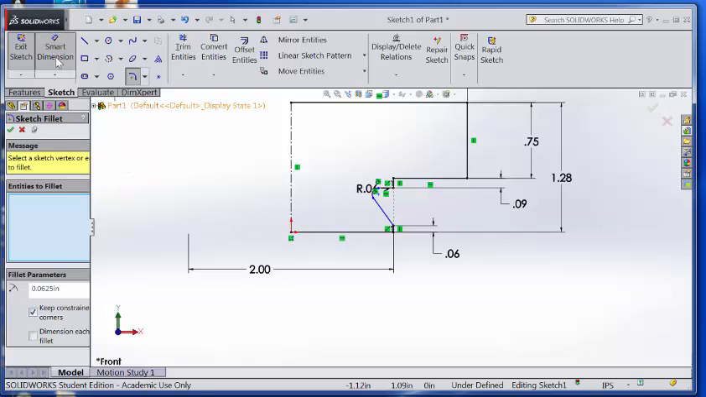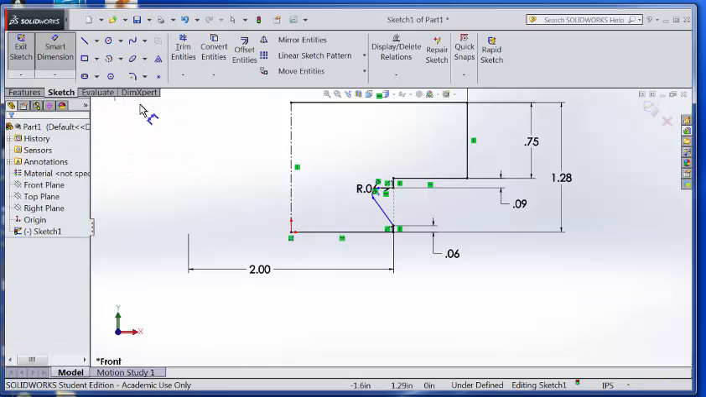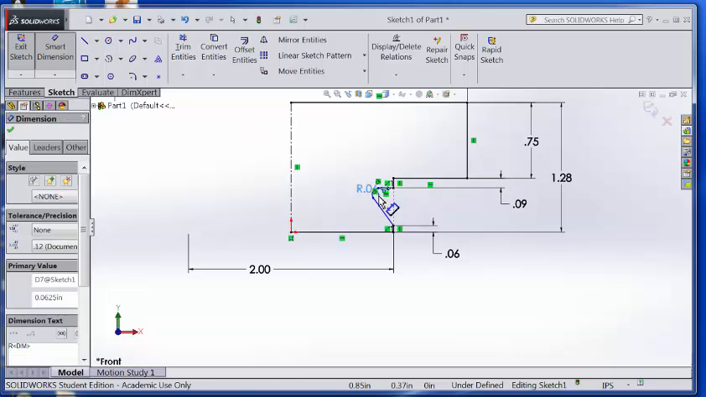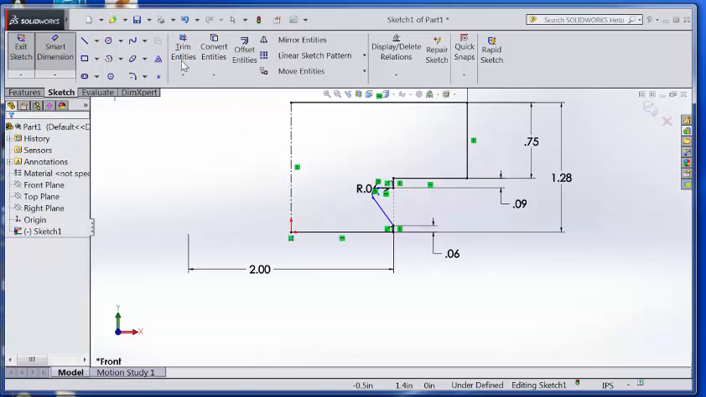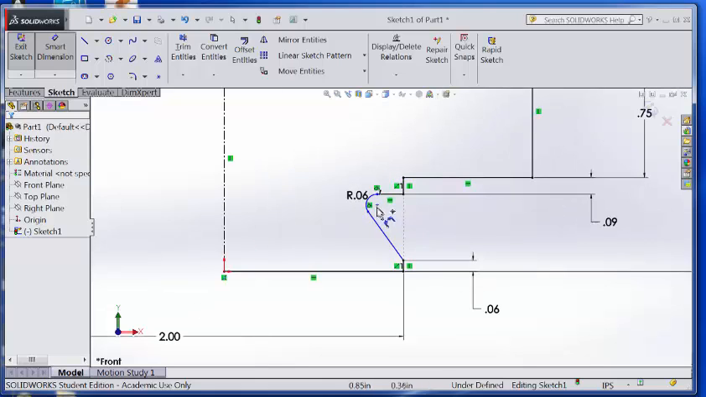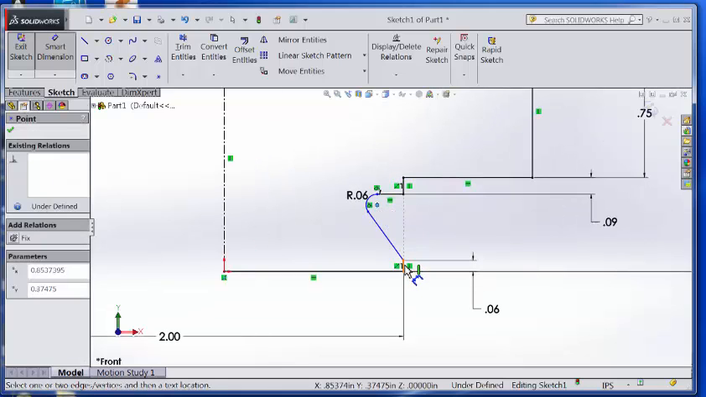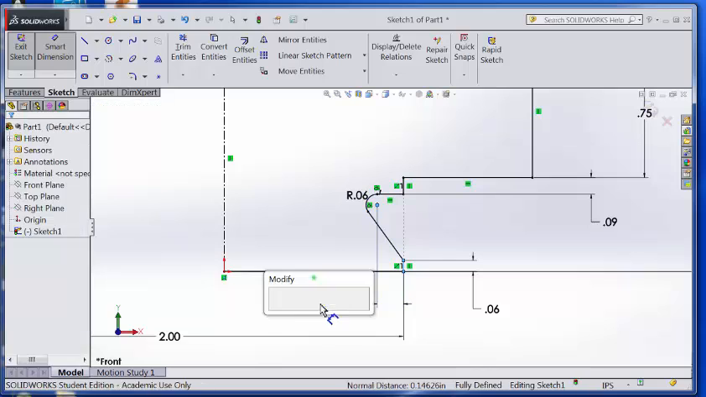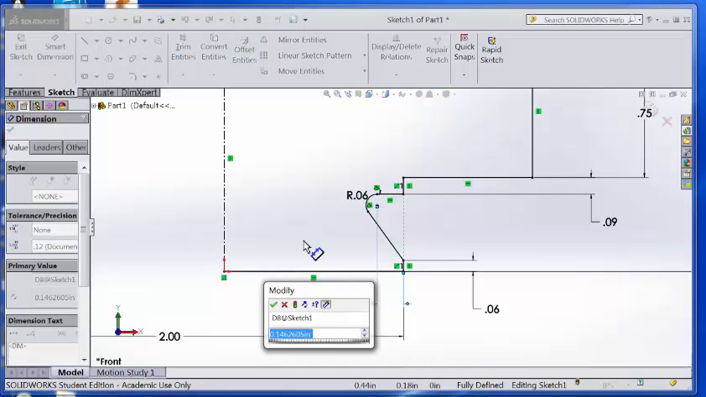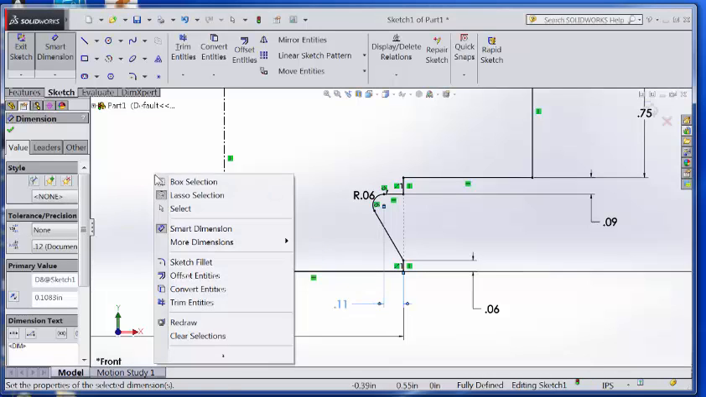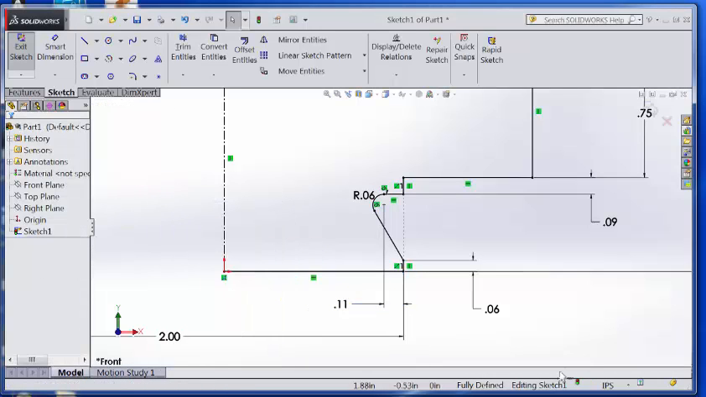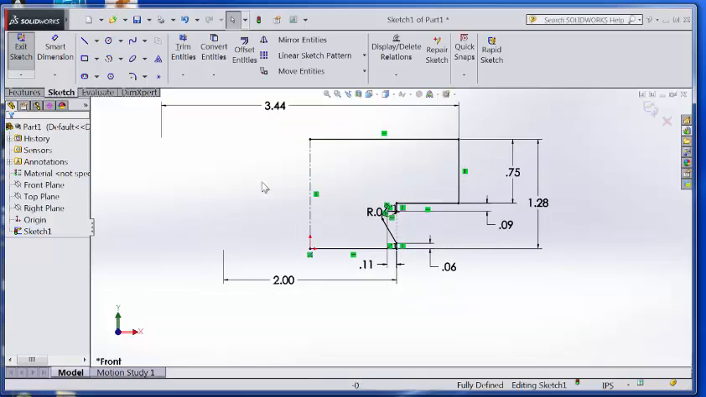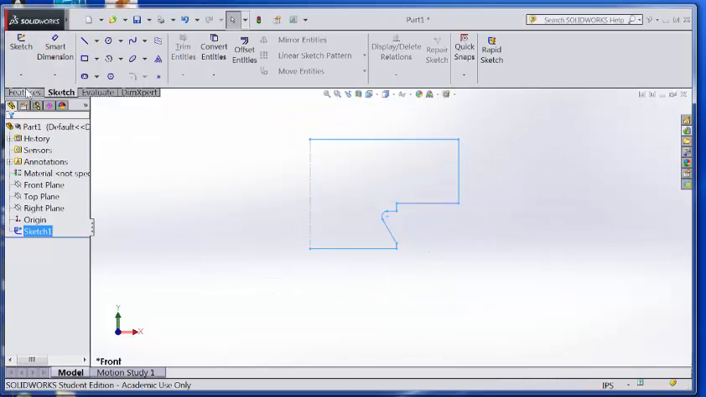Okay, and then I need to put in a dimension, and I actually have one more dimension that I need. I need to go from this center point to this edge right here, and that value is 0.1083. And I think it says that I'm fully defined. Okay, now when I do that, I exit the sketch. When I do my solid revolution,